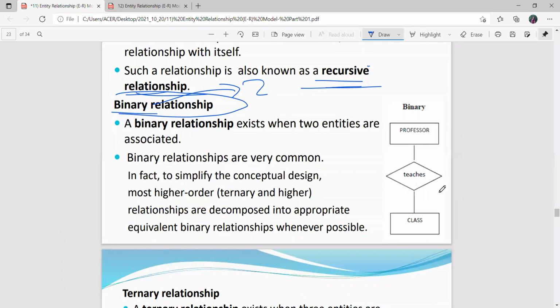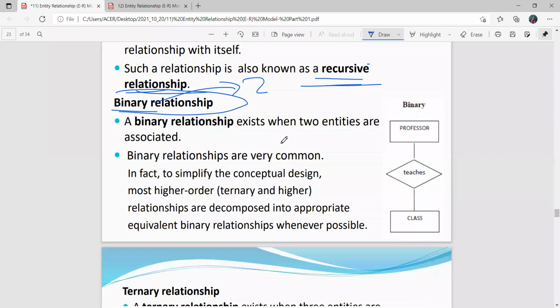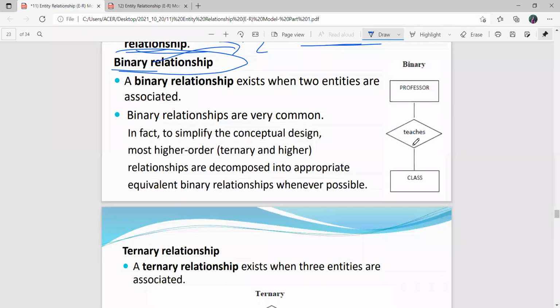By using the teaches relationship, such relationships are known as binary relationships. If one entity participates to create a relationship, such a relationship is known as a unary relationship. When two entities participate in creating a relationship, that is known